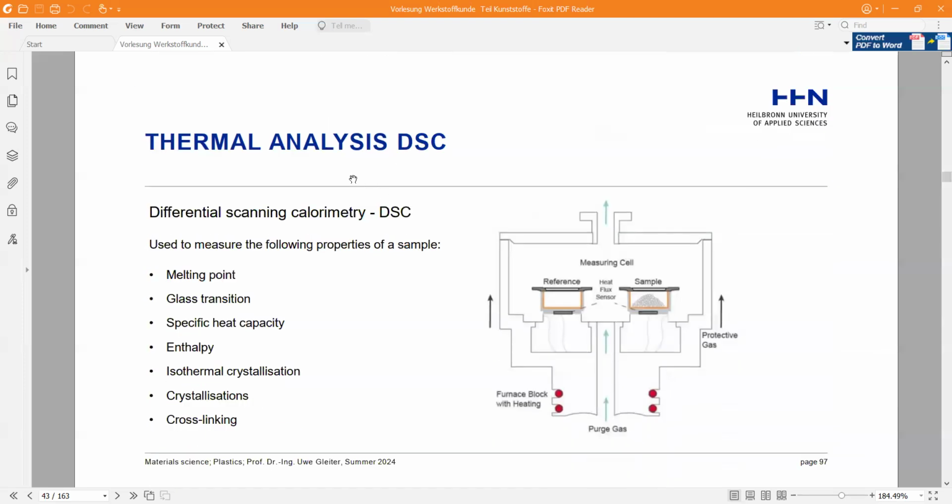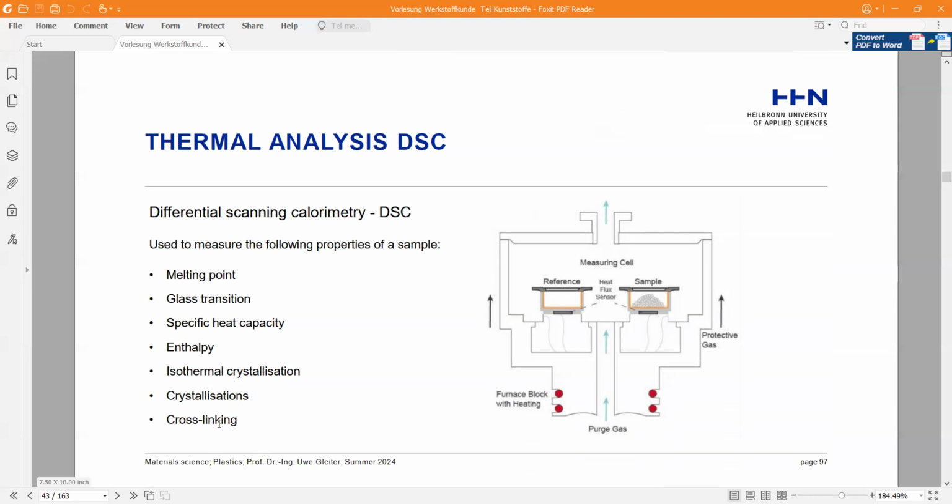Remote analysis, DSC. This abbreviation means differential scanning calorimetry, used to measure the following properties: melting point, glass transition, specific heat capacity, enthalpy, isothermal crystallization,